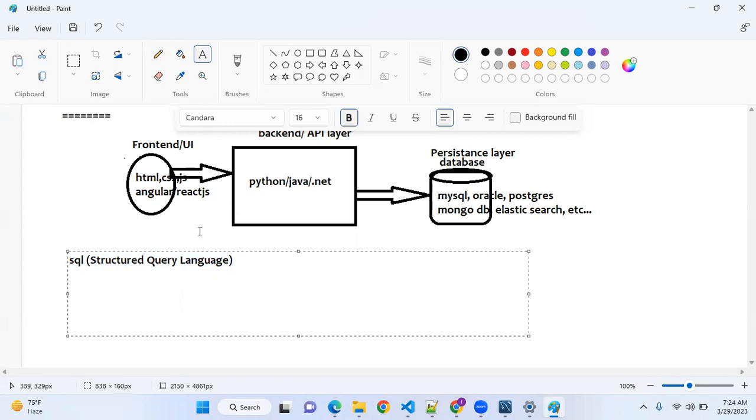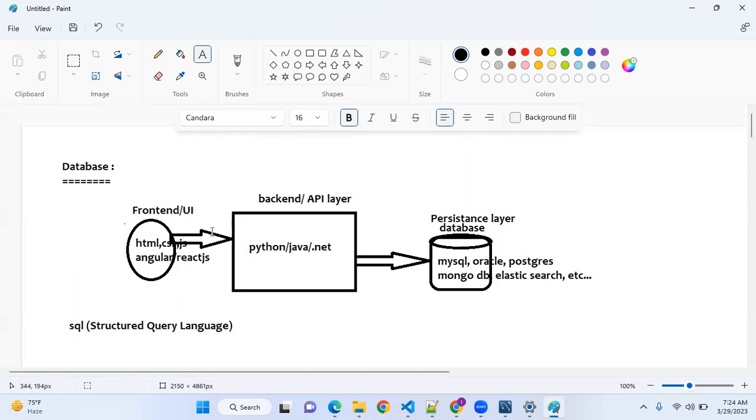So when I say structured, what does it mean? Let me ask you something. I want to store your information in files. Let's understand, I don't have any knowledge of databases. I want to store the data in files. So how do you store your information, guys? I want your first name, last name, email ID, mobile number, and all the stuff. Where do you store your information, or how did we store it earlier?